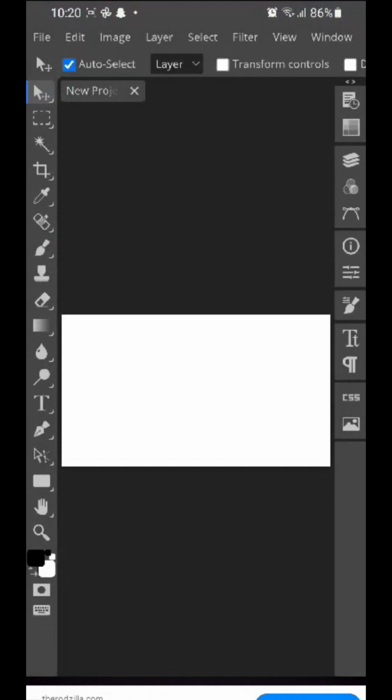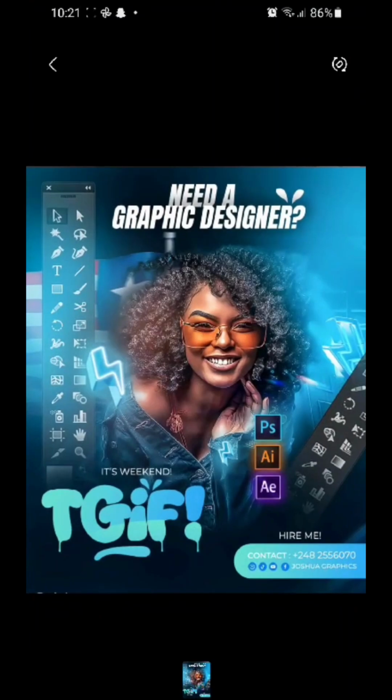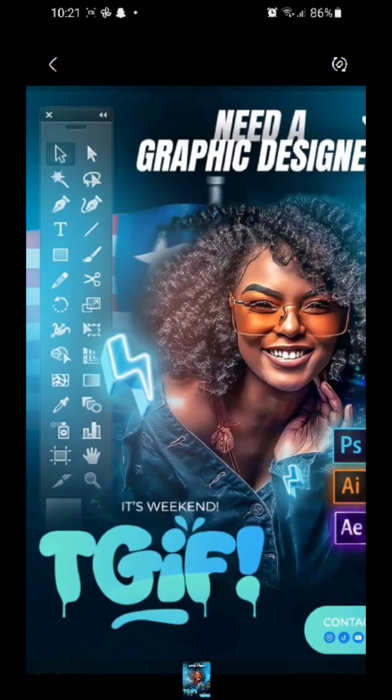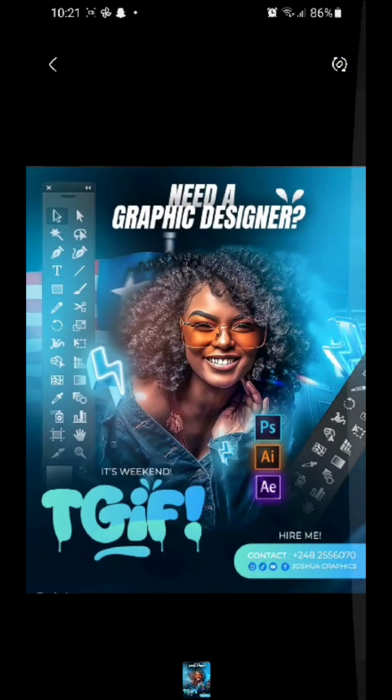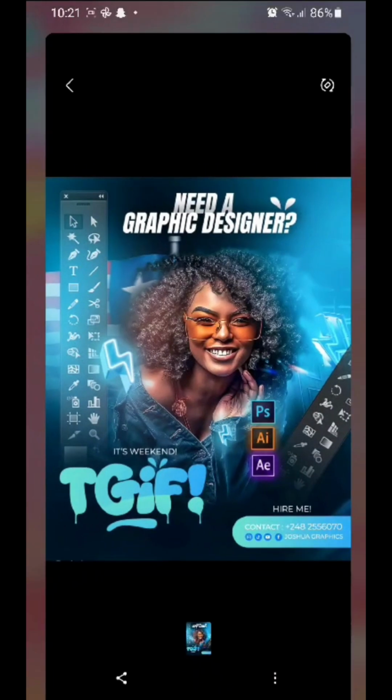So you're going to create a new document. If you look at your picture, the first thing we're going to do now is to take care of this TGIF with the font and everything. I'll show you how I achieved the drip effect. This design was done on a PC, but I got too many messages asking if it was possible to do it on Android, so that's why I'm doing this video. So I'm just going to head straight to the TGIF font here, and we're going to recreate this using your